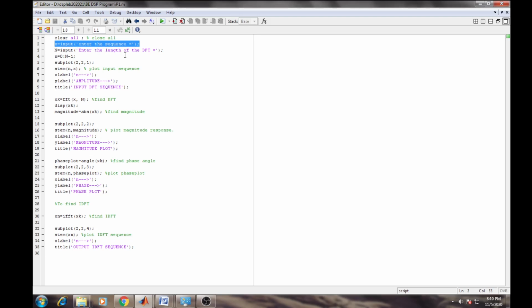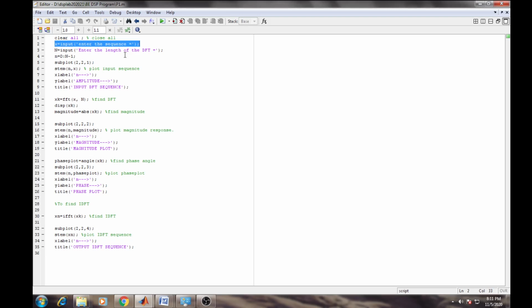This function is used for displaying the "enter the sequence" string over the command window, and it receives data from you. Whatever data is entered by you will be assigned to the variable named x.